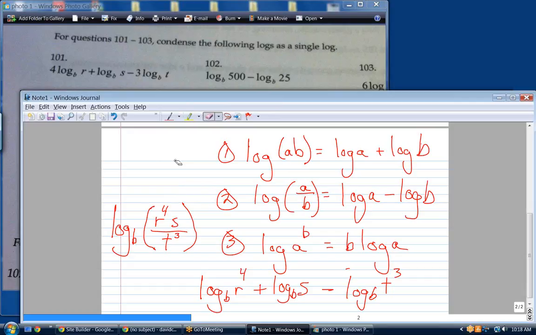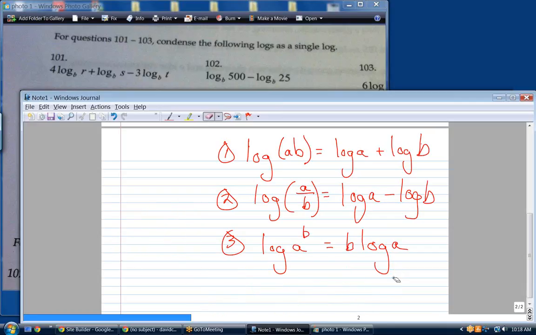Okay. Let's look at 102. I'm going to leave these 3 rules up here. Let's compress 102. Well, I do have another question. If, like, for 102, are we supposed to change it to, is it just backwards for Rule 2? Yes. Whenever. Go ahead. It would be, hold on a second. It would be log